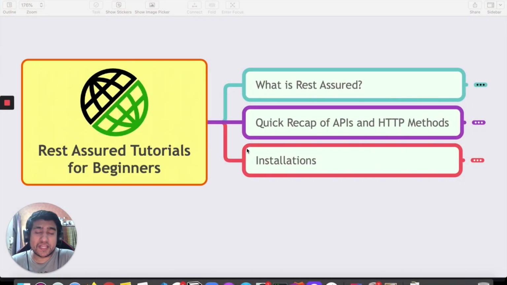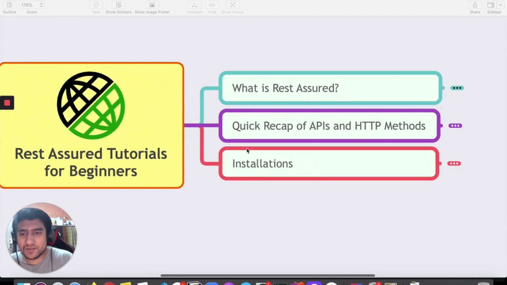My name is Pramod, and in this video, we are starting out with a REST Assured tutorial for beginners. This is part one of the series, and this is a practical examples guide. I will be doing practical examples in front of you with very little theoretical concepts. Let's go through it step by step, and I hope you will learn a lot of things related to REST Assured. So let's get started.